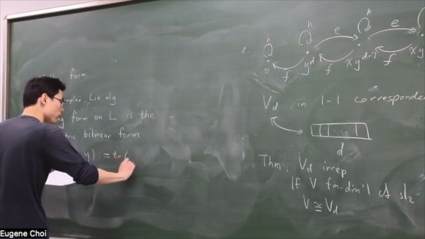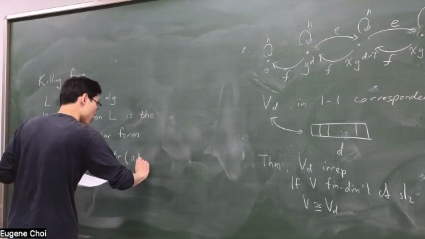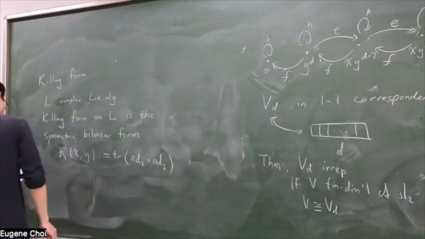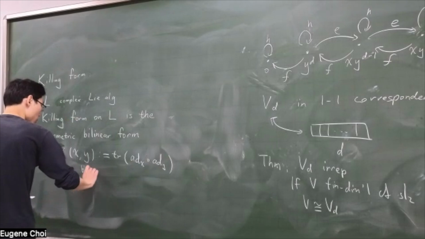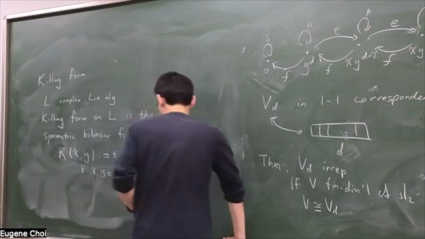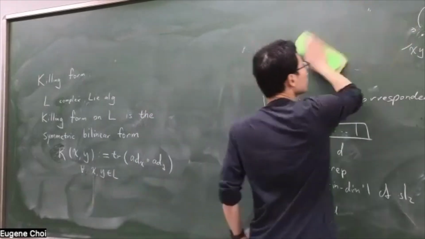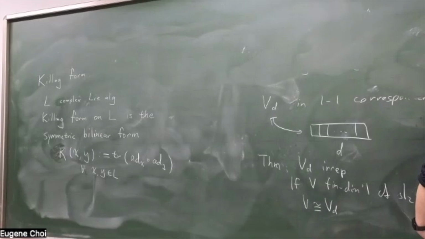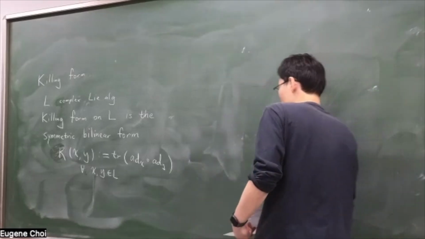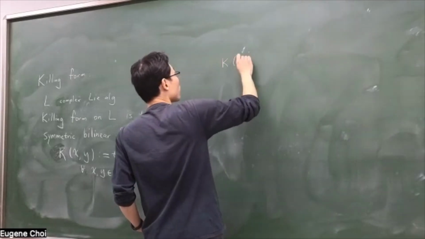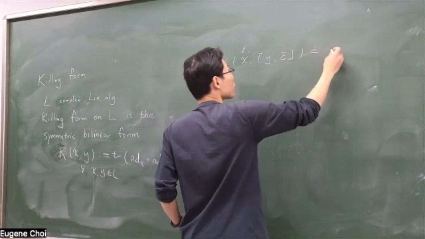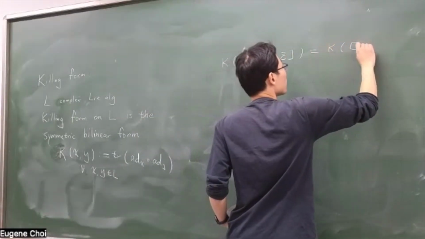It is the trace of the adjoint action of x and then the adjoint action of y, for any x, y in L. So first, this is associative. In other words, kappa of the commutator [x, y] with z is equal to kappa of x with [y,